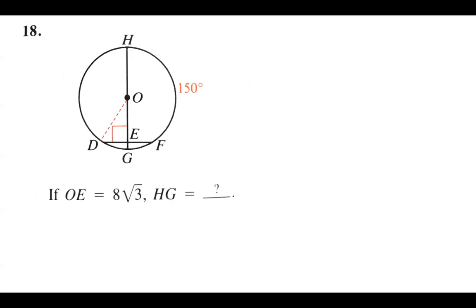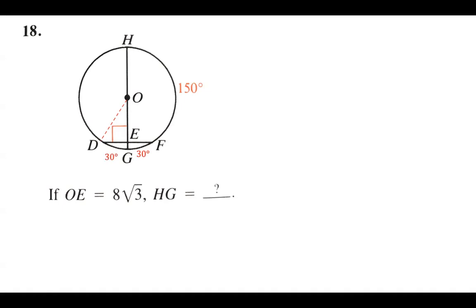Now, notice I have a right triangle. And let's see, I got 150 degrees from H to F. Well, that leaves 30 degrees for that piece. And look at that shape on the bottom there of the circle. We've got that upside down cross there at 90 degrees. And we know if you have a radius or a diameter that goes through a chord at 90 degrees, it breaks the chord and it breaks the arc into half. It's the midpoint. So if GF is 30, well, then DG is also 30. So therefore,